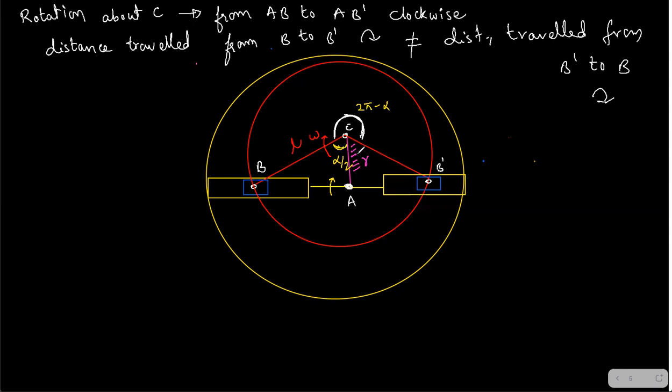Cos alpha by 2 is equal to adjacent by hypotenuse, because this is 90 degrees. That's why I have drawn it horizontal and vertical, horizontal yellow and vertical pink. That's why this is the easiest configuration to find out. From this I can find out alpha, right? So alpha will be 2 times cos inverse R by L. It means the length of the crank, which is fixed.